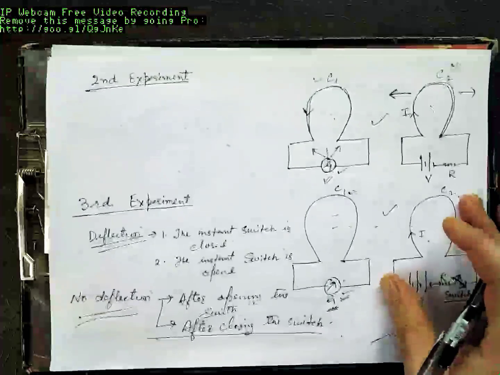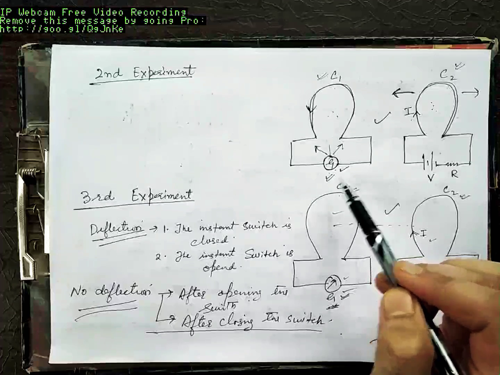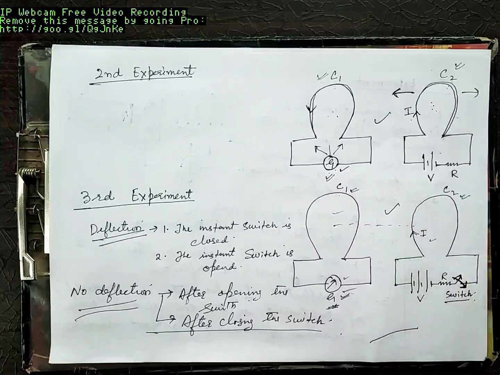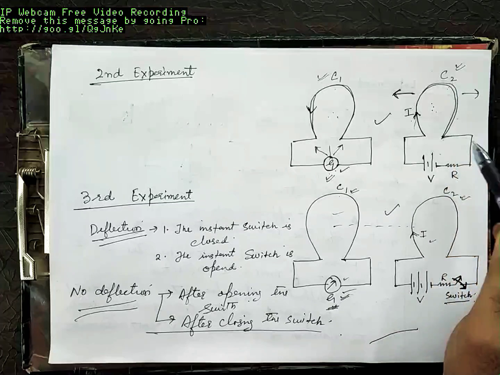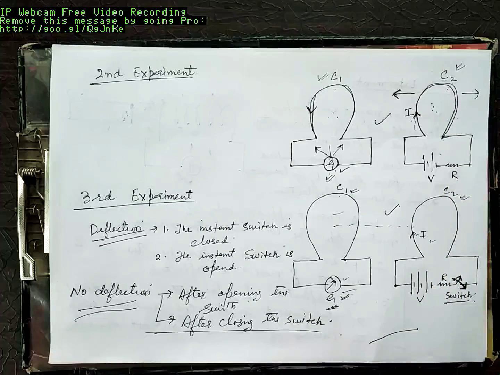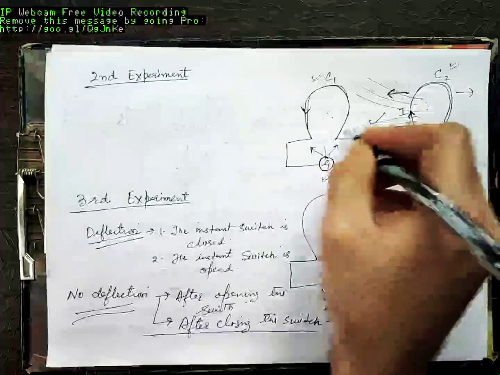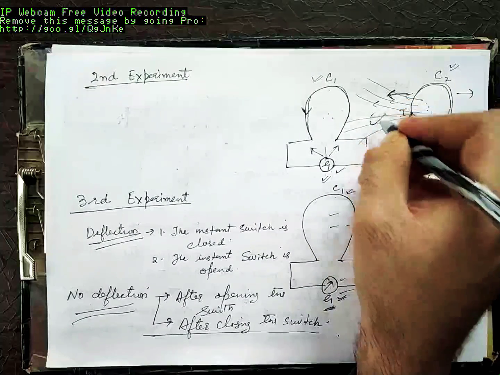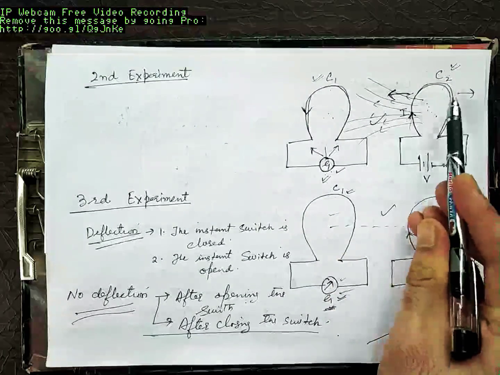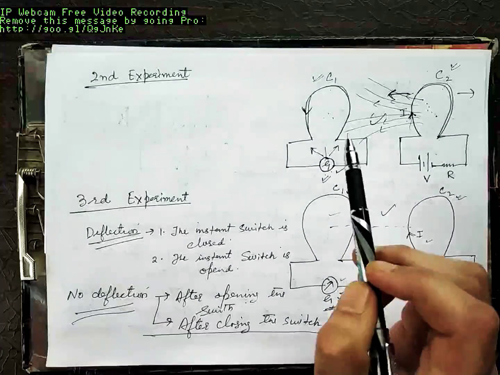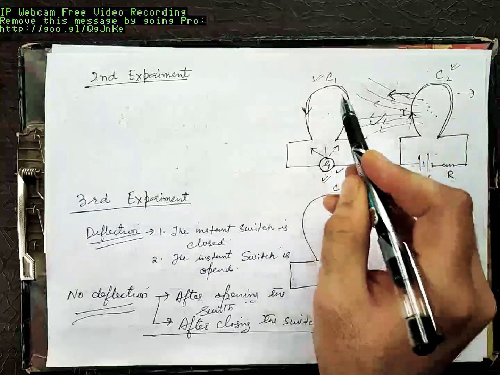If you remember, in the second experiment, what we did, you had a coil over here connected to a galvanometer. You had another coil over here connected to voltage source V through a resistance R. So there is current flowing in this circuit. When there is current flowing in this circuit, a current carrying coil behaves as a magnet. So it will produce its magnetic field. Suppose this magnetic field is in this direction. Now, if you push this coil C2 towards coil C1, will the magnetic field lines,